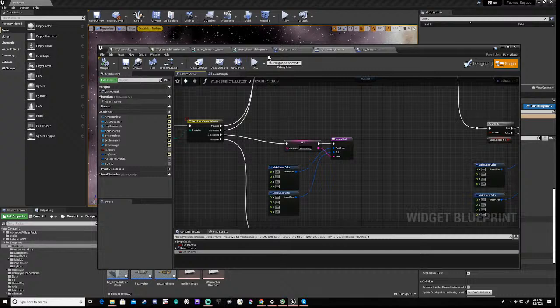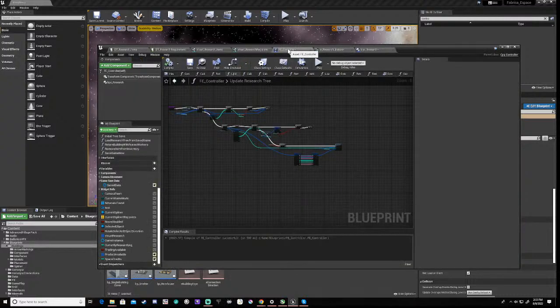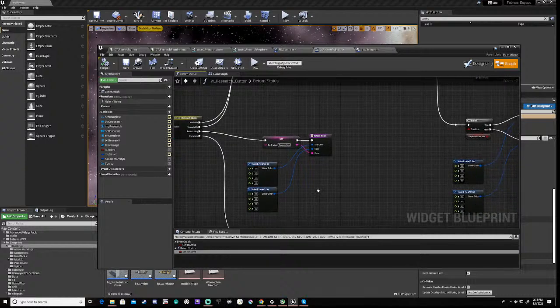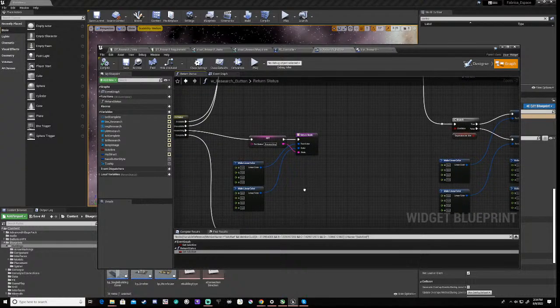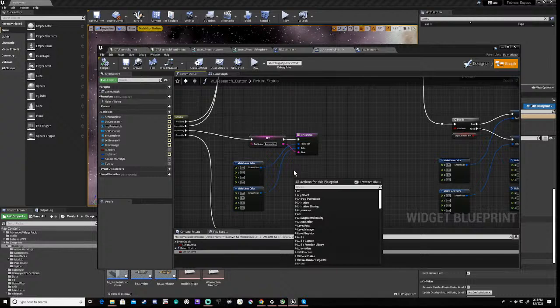Well, wait a minute. So the FE controller is the one with the BPC research at the moment. So what we can do is get the controller,